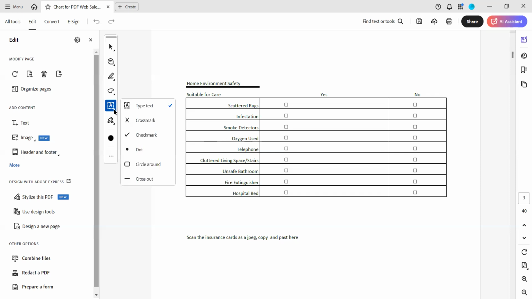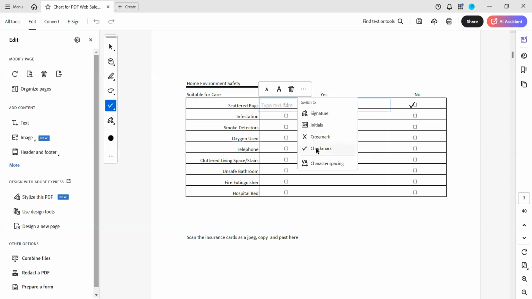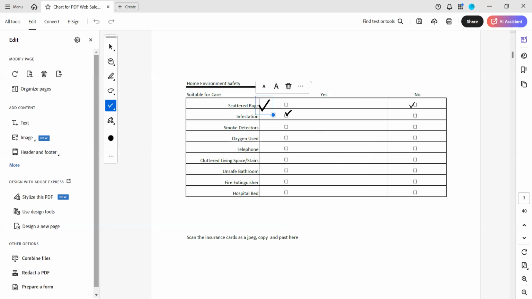So if you go back here to this and you do your check mark, now then you come over here and right here, you hit the check mark again, and let's see here. Here you do a check mark, and then you can just go down here,